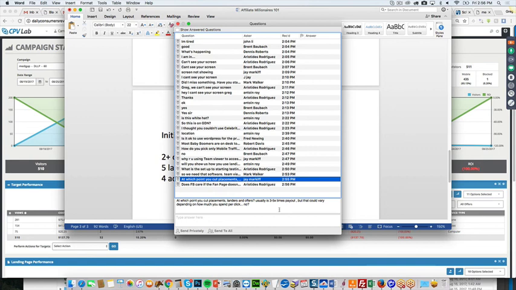At what point do you cut placements, landers, and offers? Usually 3 to 5 times payout, but that could vary based on how much you spend per click. Yeah, absolutely varies, and it also varies on how much the payout is. If you're doing $2, $3 offers, like little legions or email smiths, I would say maybe 3 times. But if you're doing something like a nutraceutical offer where it's like $40 per conversion,